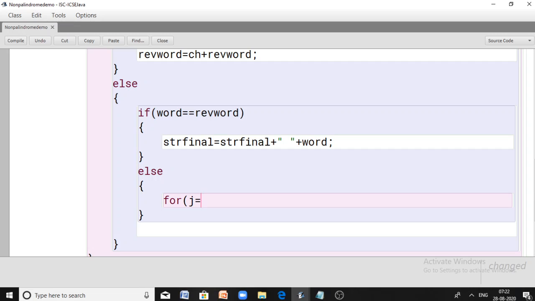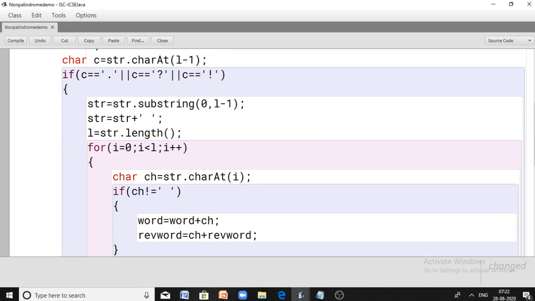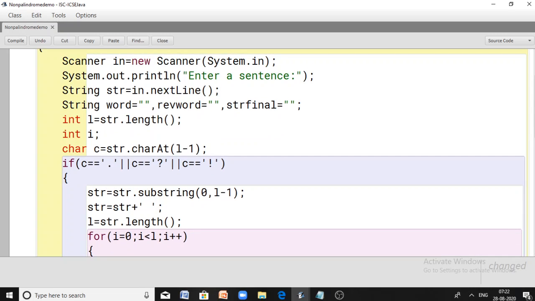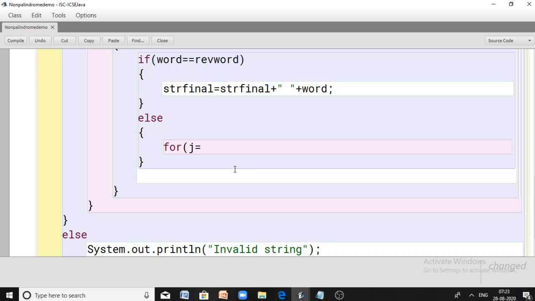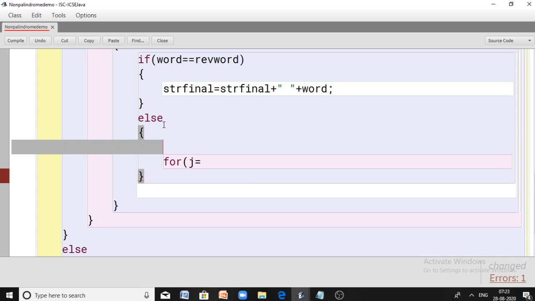So here what I do is, let me declare another variable, for example, the word length. The word length is denoting the length of the word. So let me calculate the length of the word here.